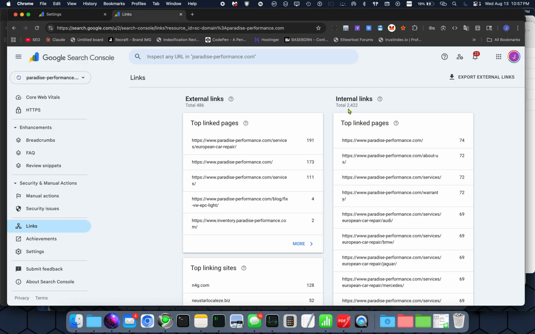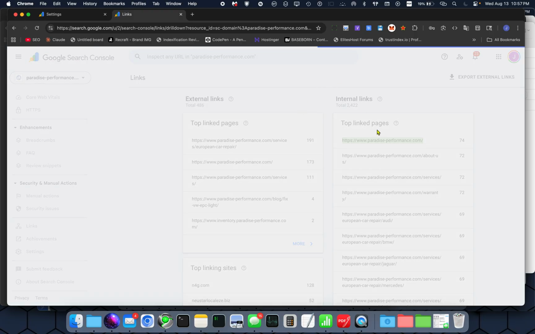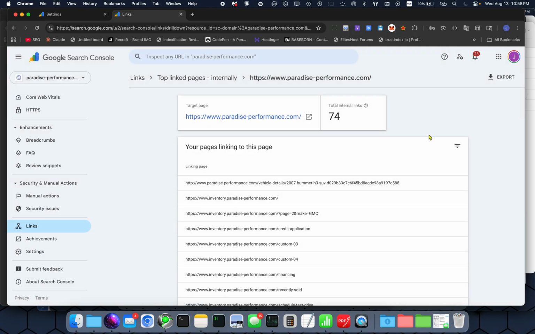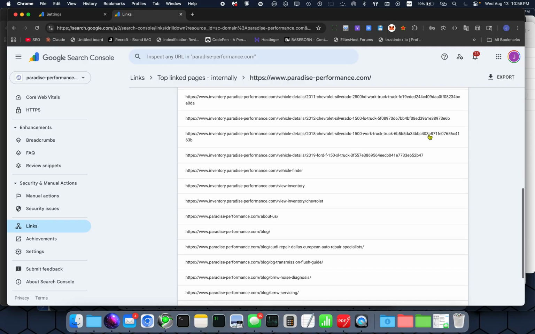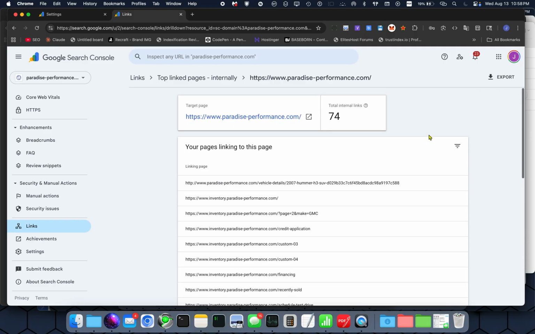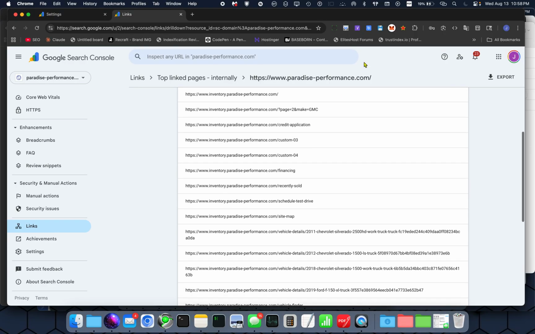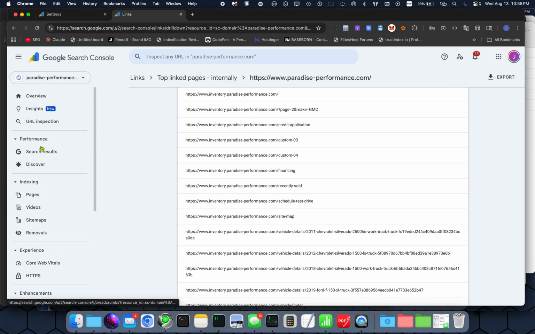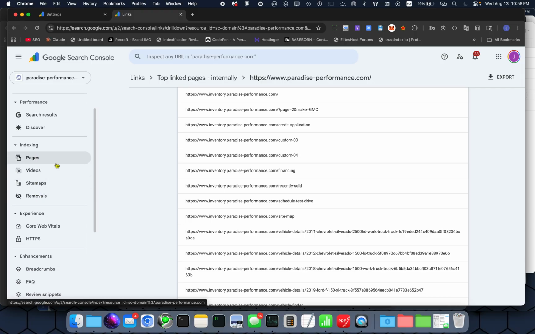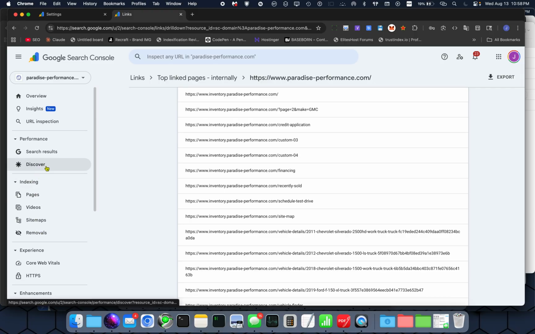This is a healthy number of internal linking. You want 7 to 20 internal links, I would say, on any given page. That's counting your menu, your footer, and any other anchors within the body of that page. Hopefully, this is nearly a full training, but I know I started off saying this is just a brief insight or view into it, but